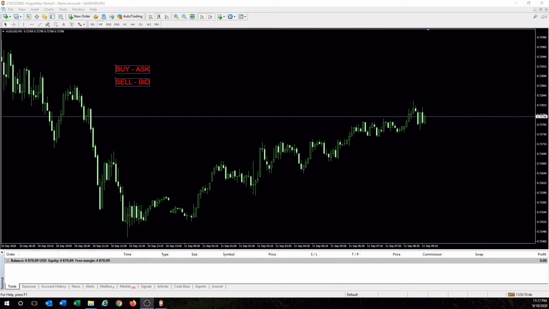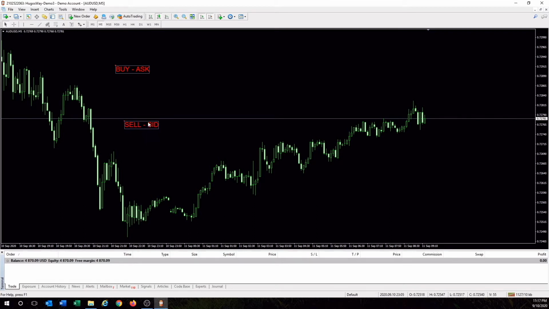Okay, so let's jump into MetaTrader 4. Right now we're looking at this gray line, and I've talked about this in a previous chapter a little bit, but I'm going to go over it in a little more detail this time. This gray line is what we call the bid line, or when we're selling, we're looking at the bid line. So selling is the gray line, and it's referred to as the bid line. And when we're buying, there's an ask line.